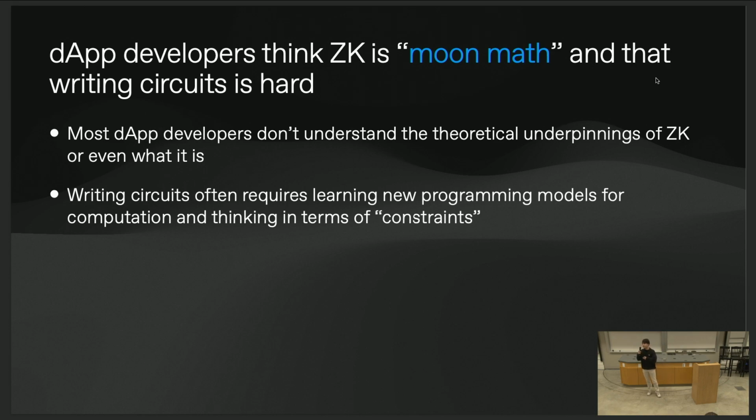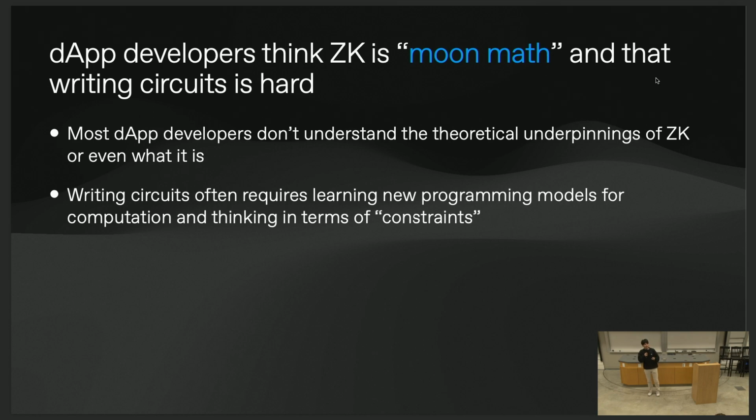The first reason, which might be quite obvious to many of you, is that most app developers today don't think of ZK as a tool that they can use in their toolbox. This has to do with a lot of reasons, but one of them is that some of them think of it as moon math. Even to understand what ZK is at the highest level, you have to get over abstract theoretical ideas, such as what a proof is, what verifying a proof is, and the parties involved in this process, such as the prover and verifier. It takes time for these developers to learn these new abstractions.